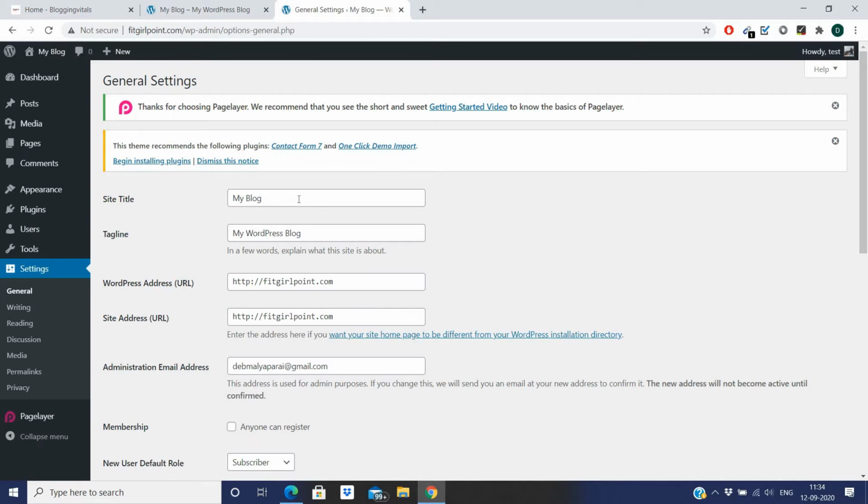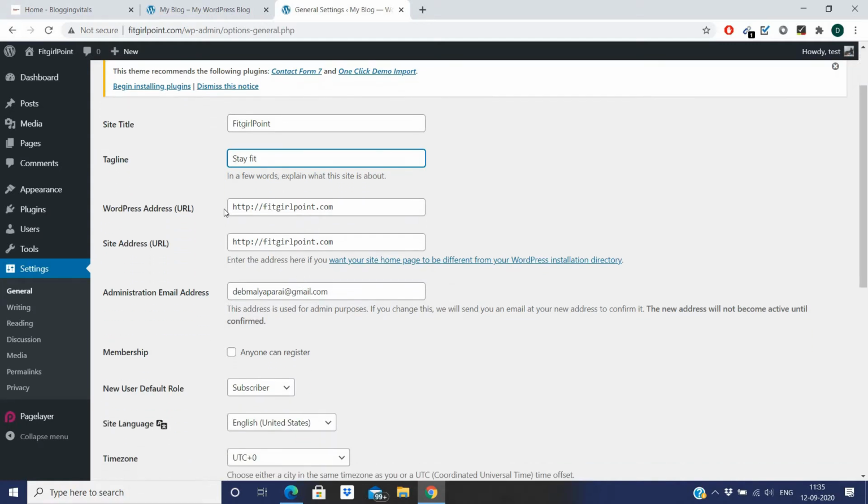In the site title box it's written "My Blog" as default, and the tagline is "My WordPress Blog" as default. So you need to change this according to what you want. I am changing this to FitGirlPoint, as my website's name is FitGirlPoint, and then change the tagline to maybe "Stay Fit".